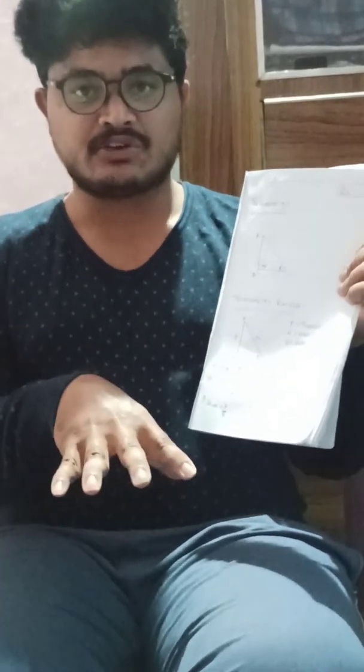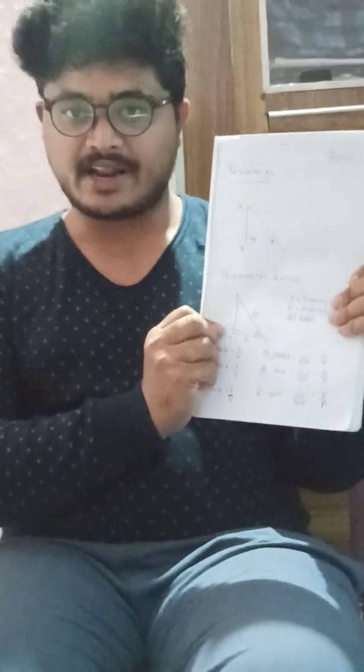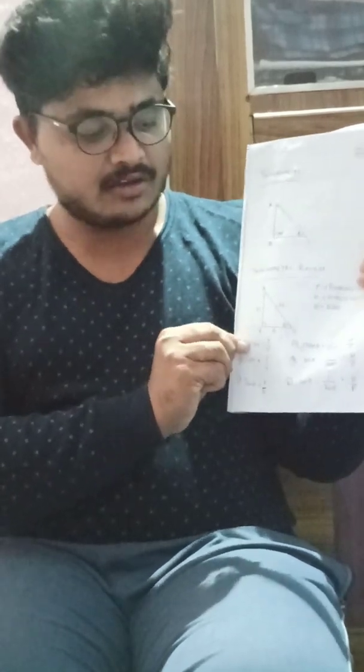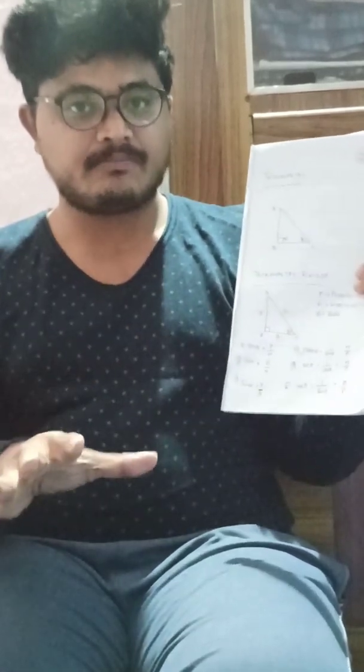So next we are going to deal with trigonometric ratios. What are trigonometric ratios? First of all, what is a ratio? In a ratio we will be having one numerator and one denominator. So this is a small right angle triangle again, ABC, where AB is the perpendicular, BC is the base and AC is the hypotenuse. Okay, the first trigonometric ratio is sin theta. So what is sin theta? Sin theta is nothing but perpendicular by hypotenuse.